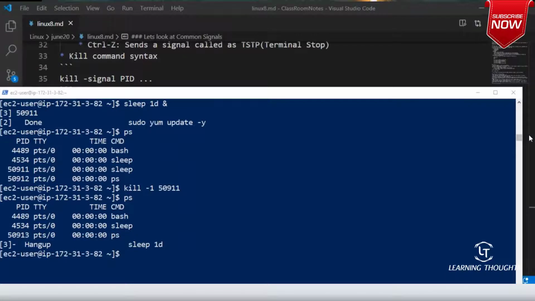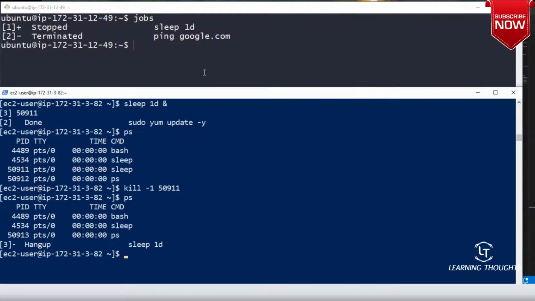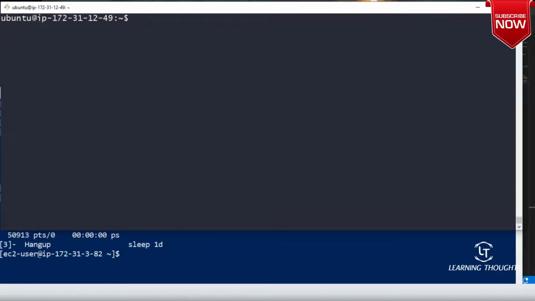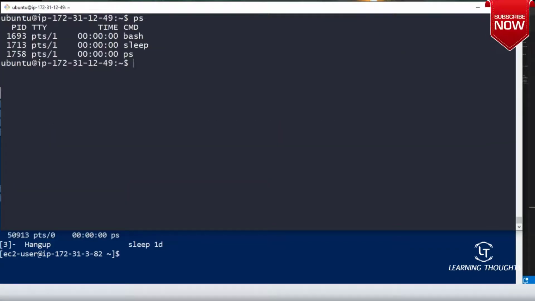Similarly, if you want to kill other programs, I'll do some of them here. Let me execute sleep 1d, I'm just using it because I want some background job. First, let me use ps -ef, or let me use ps.